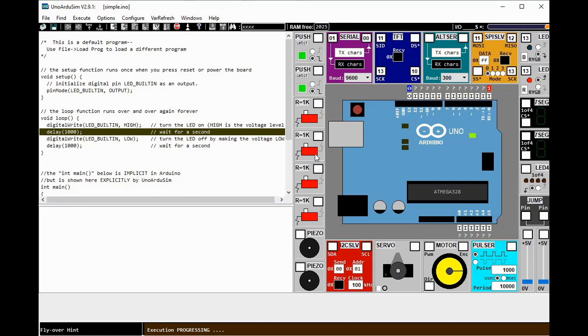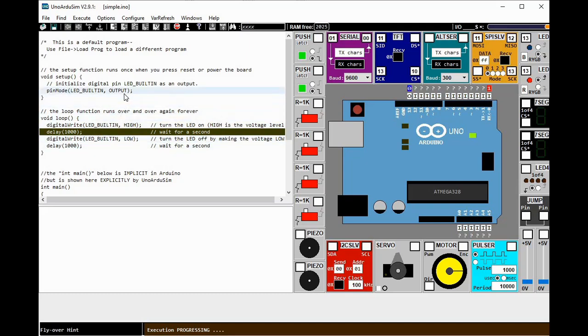Let us use them in such a way that we're going to light or turn on the pins one at a time from pin 4 to pin 11 with a delay of 500 milliseconds.